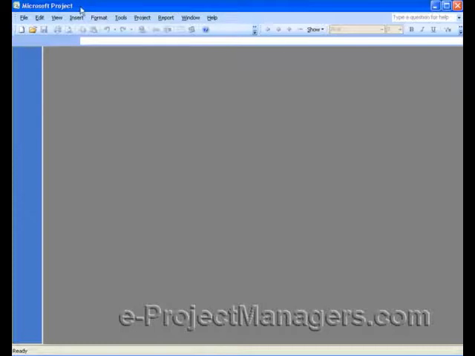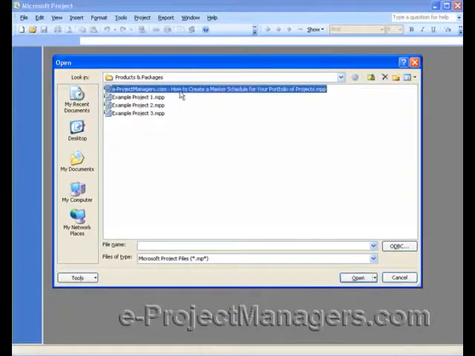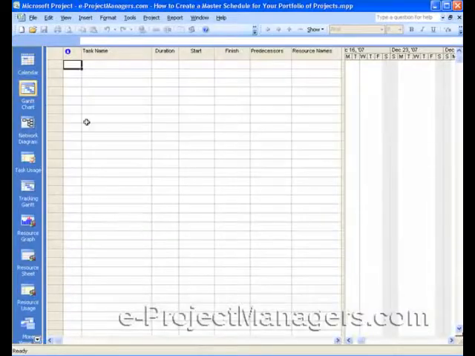Now, when you open up Microsoft Project, and I'm in version 2007, but this does also work for earlier versions of Microsoft Project, you'll first open or create a new file which will be your master schedule. I've already created a file, so I'm just going to go ahead and open it. But, if you're creating a new file, you just click on New, and it'll open up a new empty project